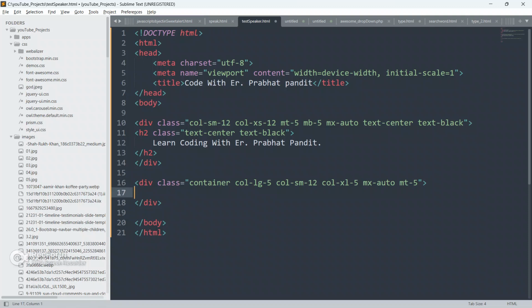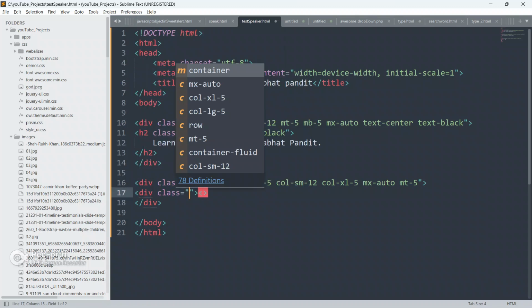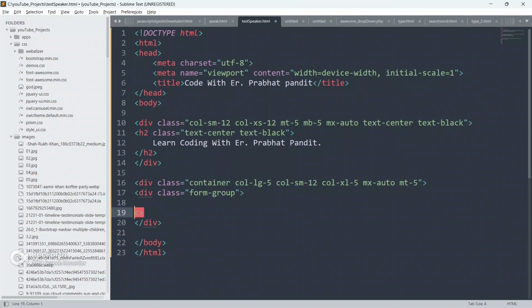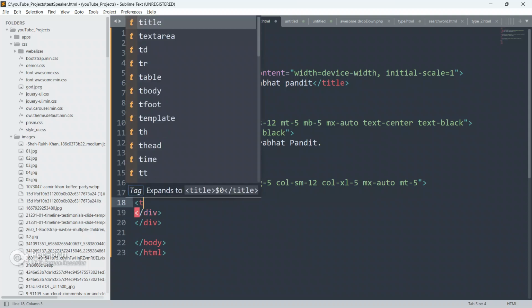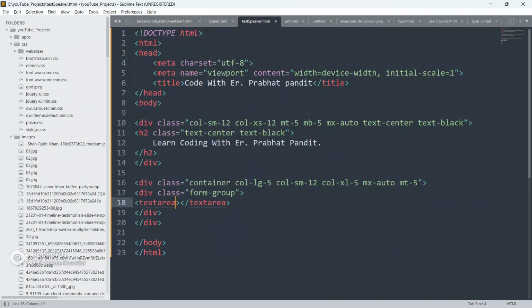Inside this div, we have to create a text area. So create a div, give it a class as form-group, close this div now, and inside this div create a text area.